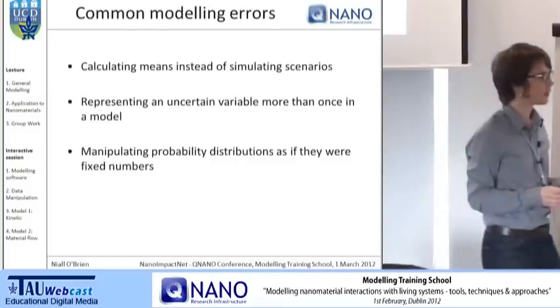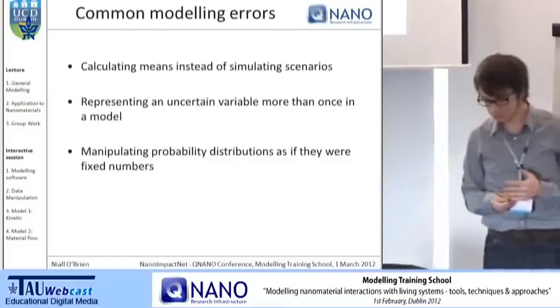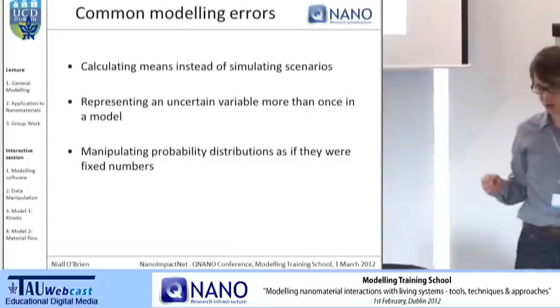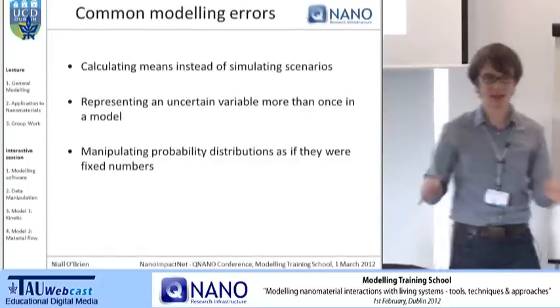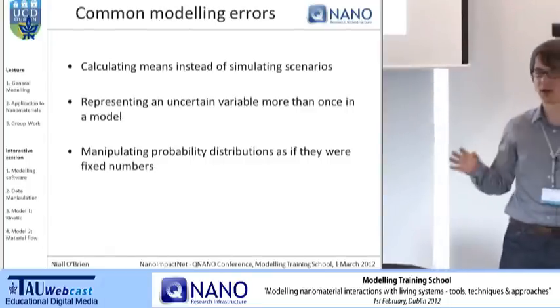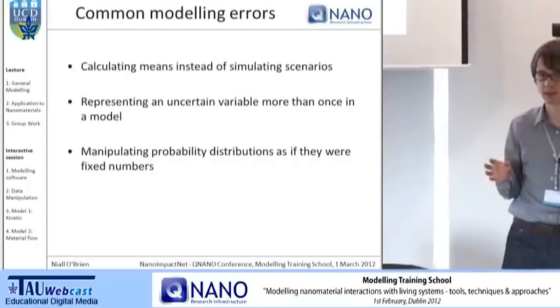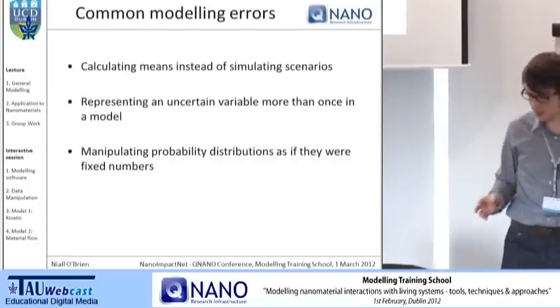That mean is just a probability-weighted average of all possible outcomes. It's not the outcome. It's an average of all possible. It mightn't even be realistic. So, the second one is